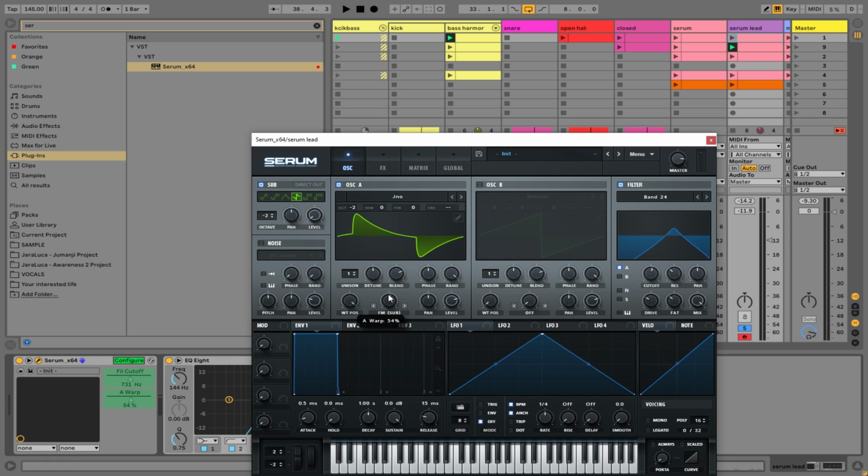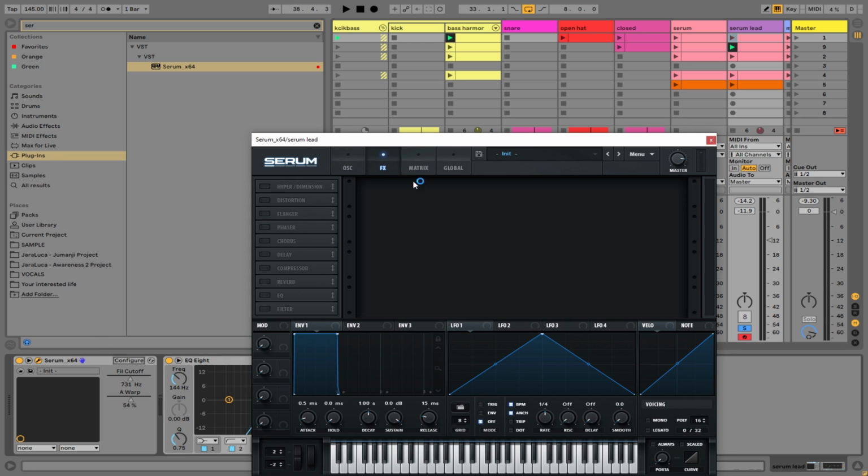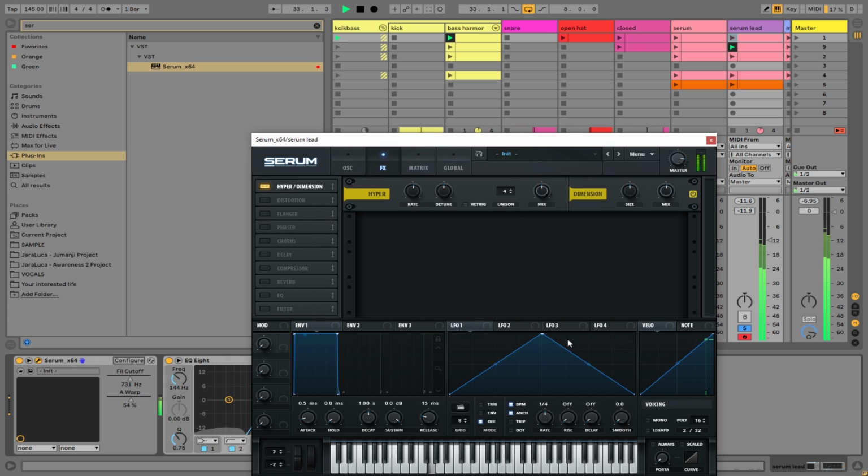Yeah, we can also use it here. But what makes this sound metallic, psychedelic, is hyper and dimension. So let's go for like 50%, detune 50%, rate like 27%,